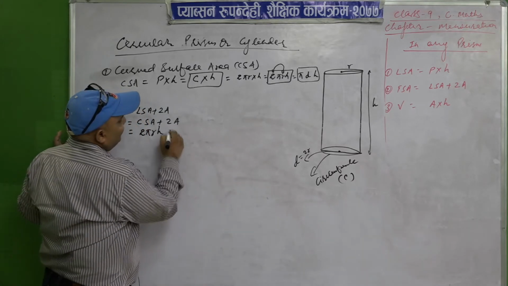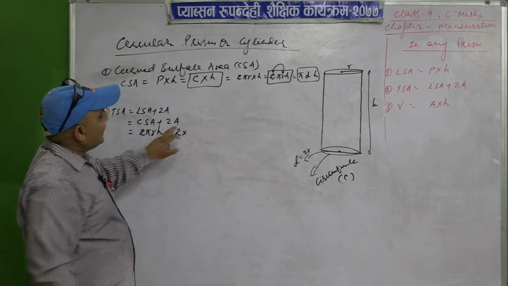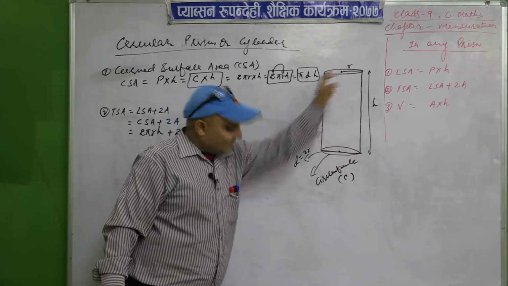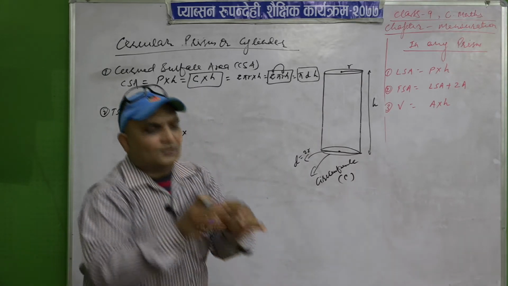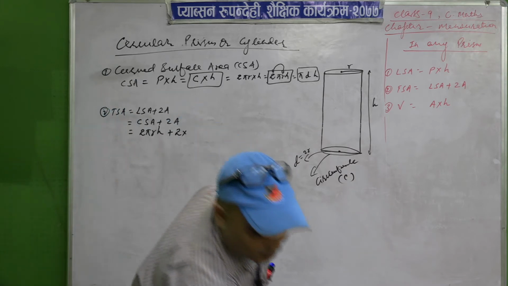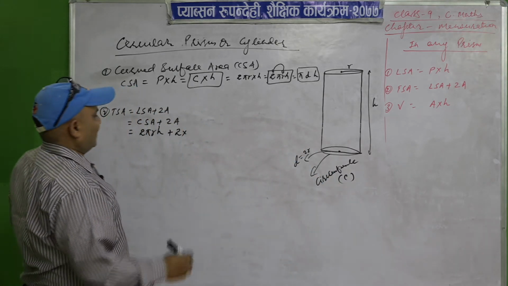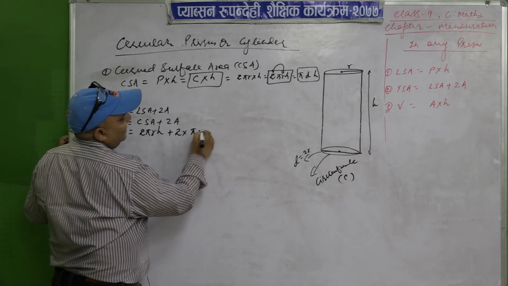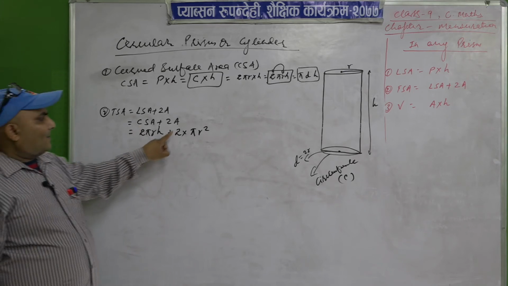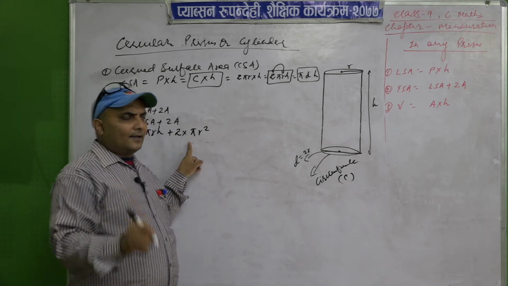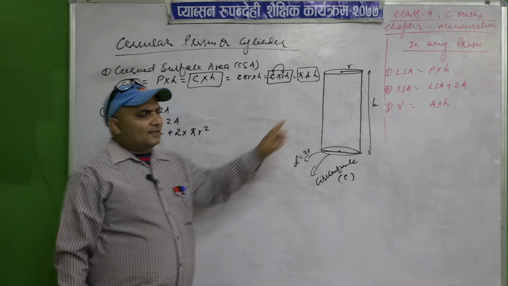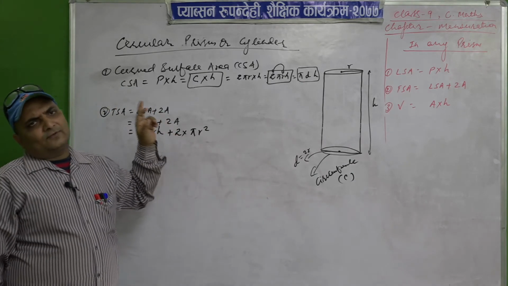And now see, A means area of the base. Area of the base means the area of this circle. Here it has a circular base, that's why area of base means area of this circle. So, what is the formula for area of the circle? You know, that is pi r square. If we use CSA in the form of r, then area is also used in the form of r. If we use CSA in the form of diameter, then we also use area in the form of diameter.